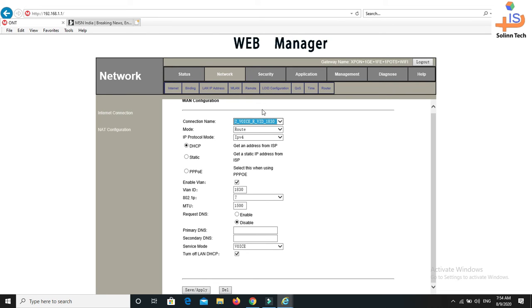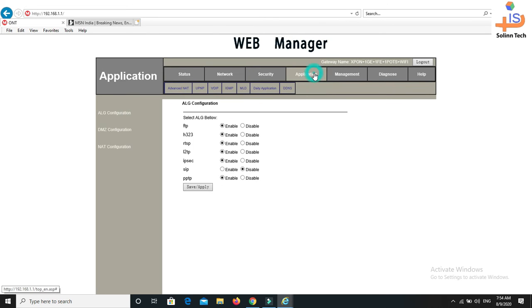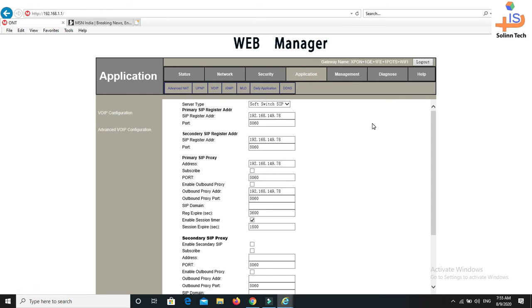Now what we need to do is go to application. We'll go to application, then we'll go to VoIP. Here, every BSNL customer needs to put the same IP address in their application VoIP. Fine, you can jot this down.